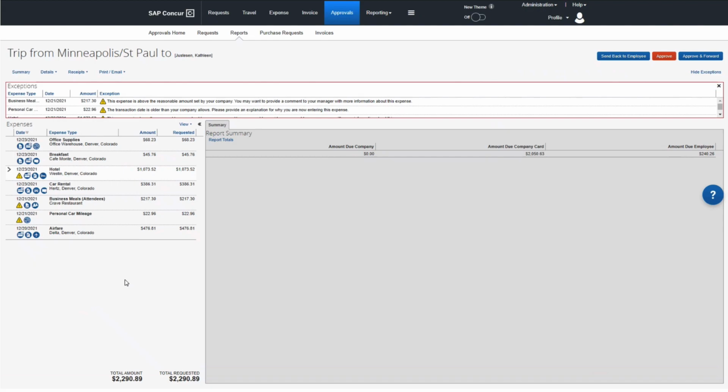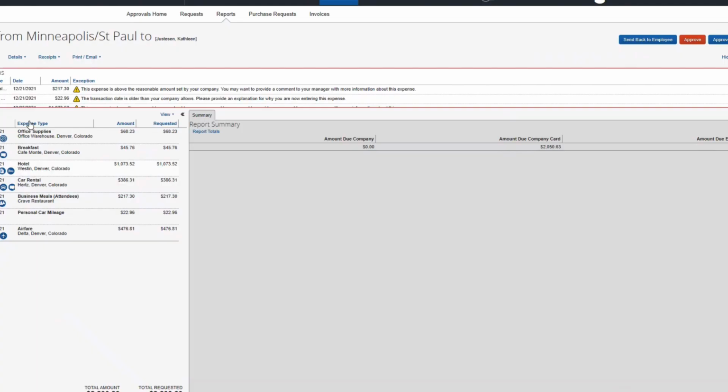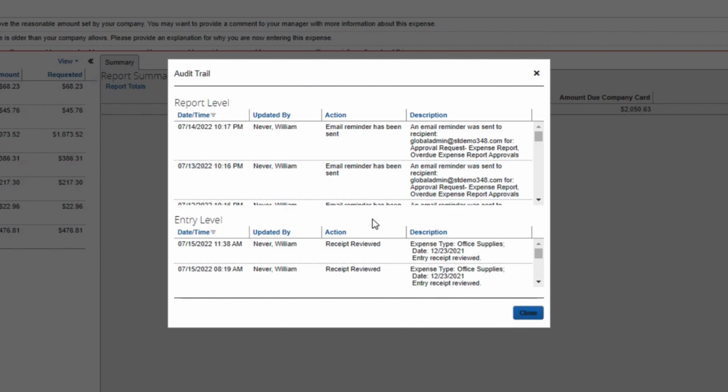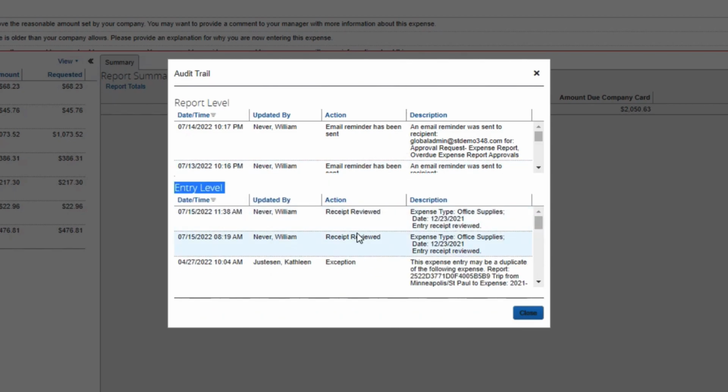As a manager, I get full visibility to what is going on in that expense report, including a detailed audit trail within the desktop version. So what that audit trail looks like, it will show me a play-by-play of all the information and all the running changes on that expense report. So it's going to show me step by step every change on that expense report, by whom and when,